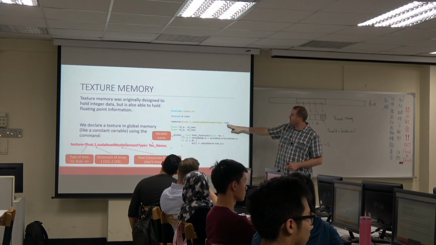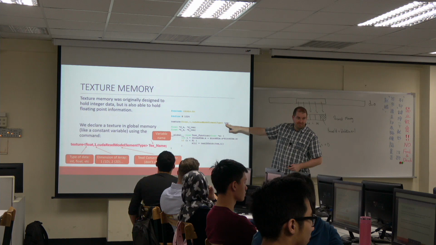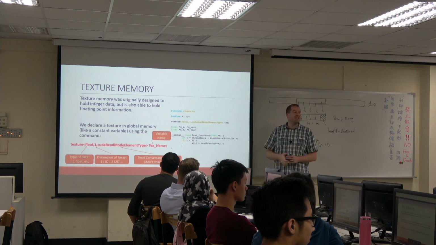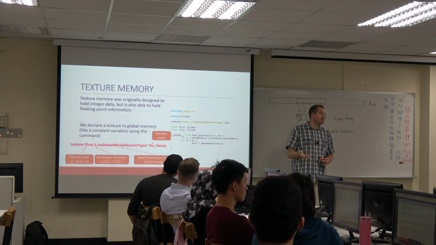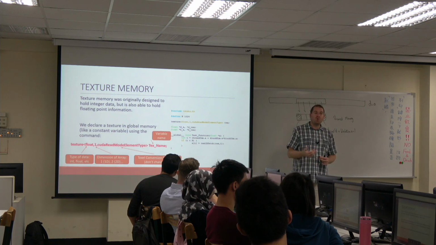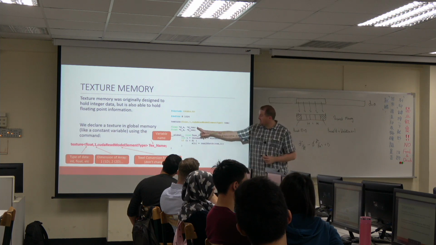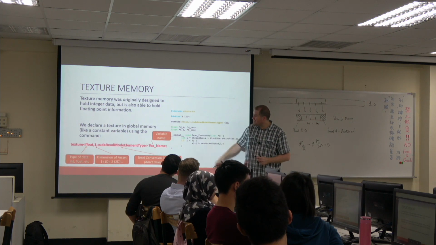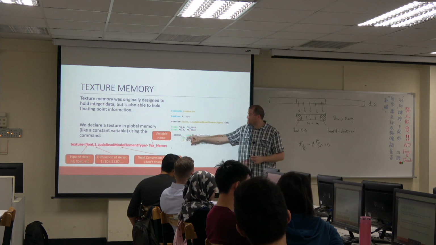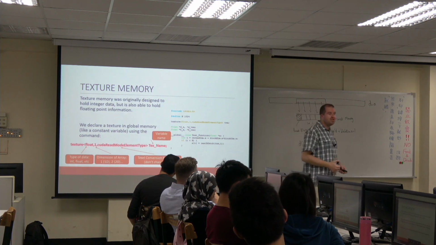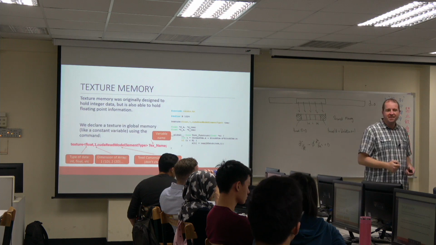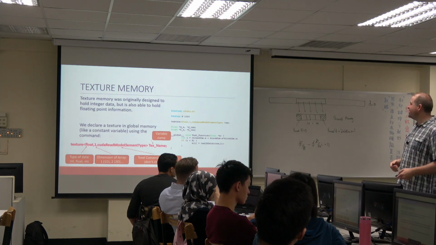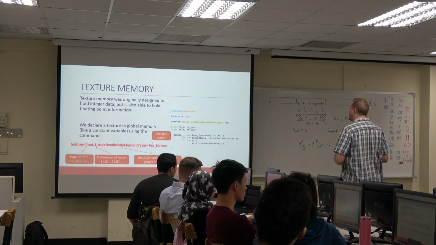Now, tex is the name of our texture that we're caching on global memory. We still need to have a global variable that holds the information that we want to use for our texture. So we still need dtext and htext. And our solution is going to be dA/HA. So we still need to use CUDA-malloc for dA. We still need to free that variable, but we need to cache it. When we want to access that,